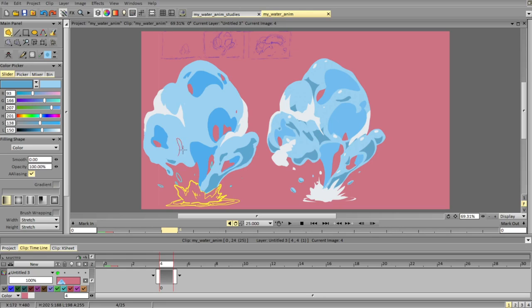Maybe it can be integrated into this kind of shape. Getting more break at the bottom than at the top.